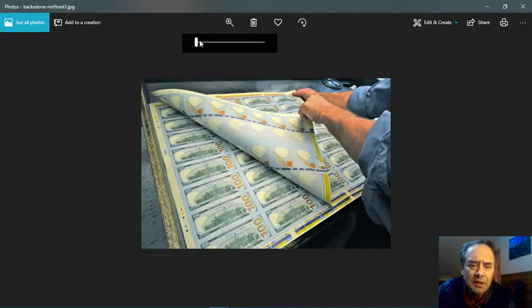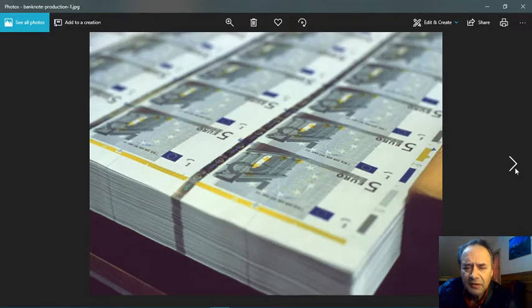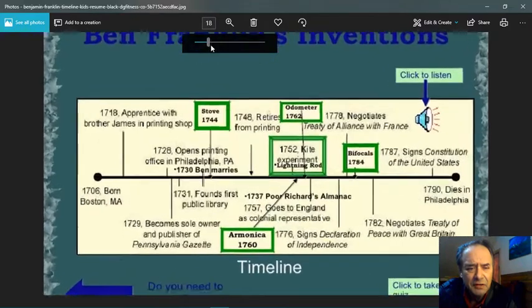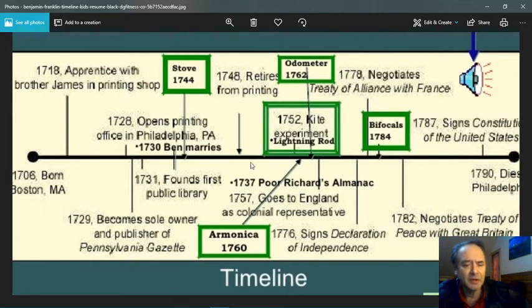This is some more lithography, and the front and backs are blank at this point. And as I started studying about Benjamin Franklin and all of his work, I started thinking, man, this guy has done a ton of things in his life. I mean, Ben Franklin's inventions, and apparently electricity wasn't here before Ben Franklin told us about it. I know I'm putting that in some relatively obscure terms, but if you take a quick look at some of these inventions,